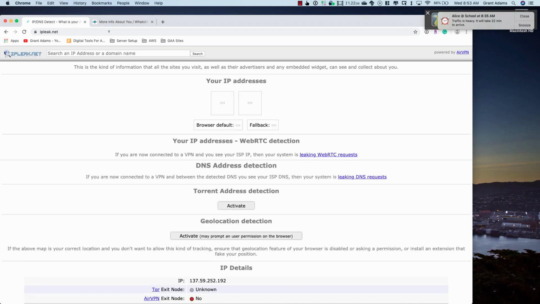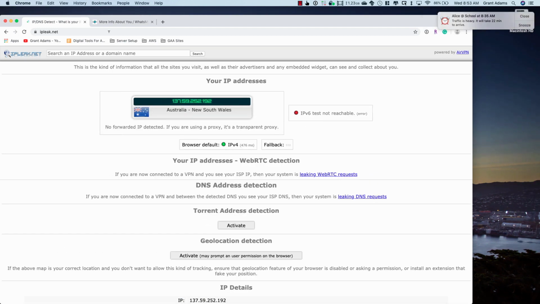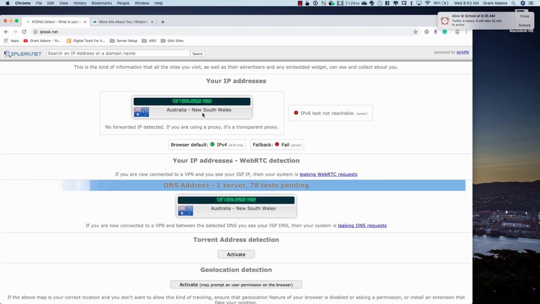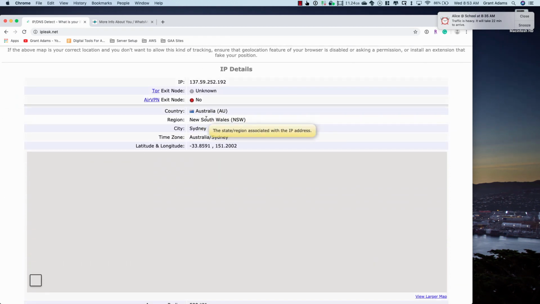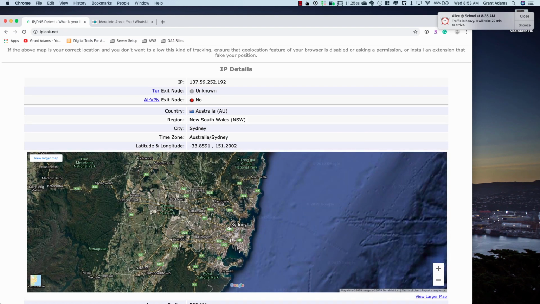And now my IP address is 137.59.252.192, and I'm in Australia. And if I come down here to my physical location, where I'm accessing the internet from, it's in Australia. Right, there I am, in Sydney. So this technology exists and allows you to do this. And so there may be use cases going down the road where something like this is important to you. And the reason that I tell you this kind of stuff in a lecture like this is I want you to be aware of what's out there so that you can make these decisions.